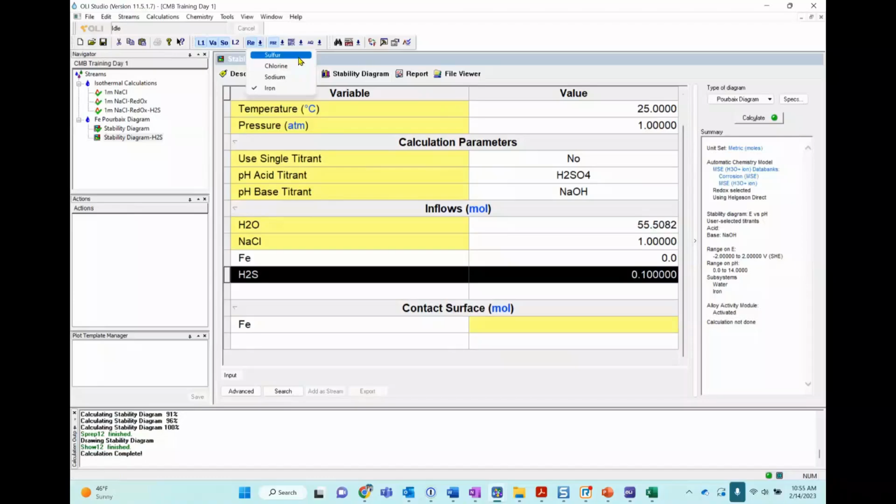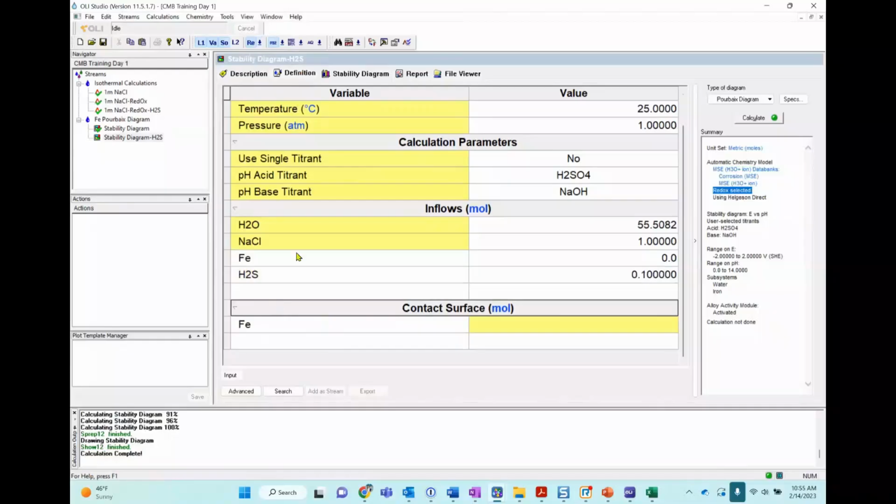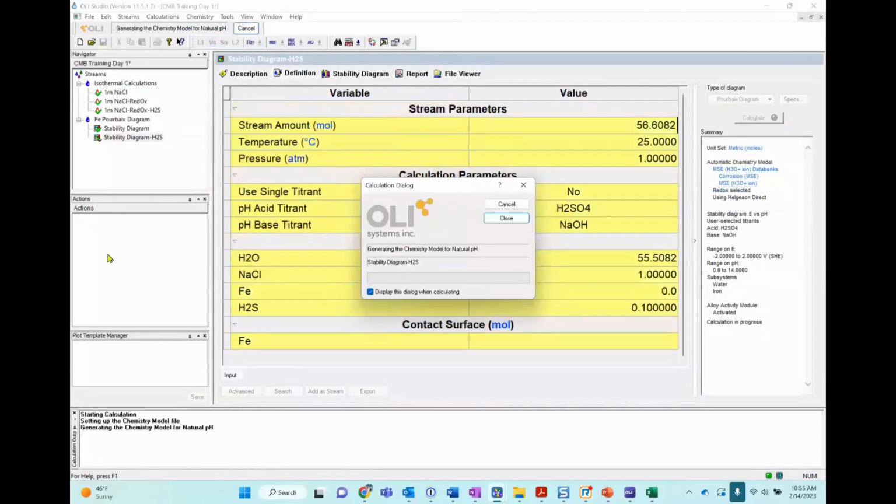So click on the sulfur, right? Redox selected, triple check that you have sulfur and iron selected in my system, and then click calculate. We're going to see if there are some differences in the Pourbaix diagrams.